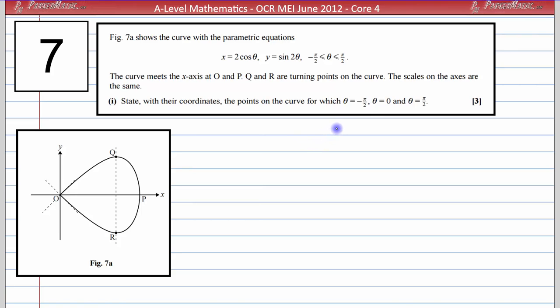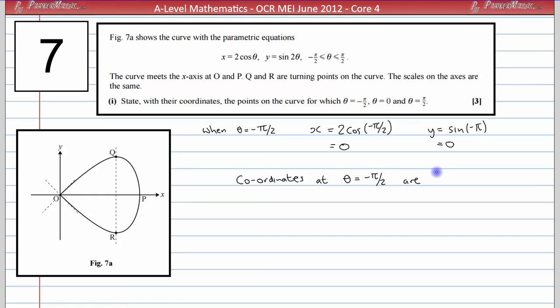All we have to do to find the coordinates is substitute our values of theta into our parametric equations for x and y. So when theta equals negative pi over 2, x is going to equal 2 cos theta, so that's 2 cos negative pi over 2. Cos negative pi over 2 is 0, so 2 lots of 0 will still be 0. For y, we've got sine 2 theta. If theta is negative pi over 2, 2 theta will be negative pi, so we're trying to work out sine of negative pi. Sine of negative pi is also 0,